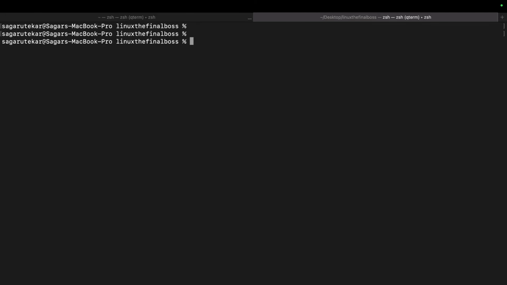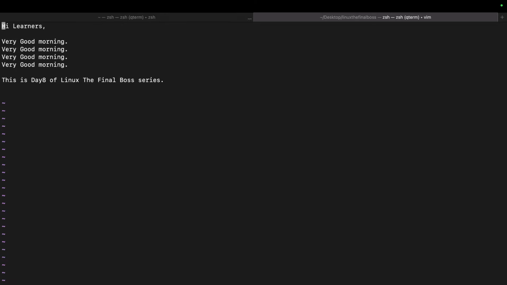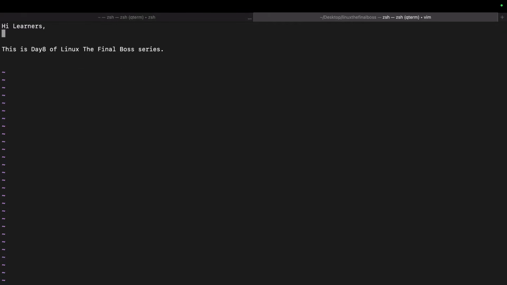To use the vi or vim editor, you can use the command vi or vim. vi is the basic mode and vim is the advanced mode. So open the file linuxc finalboss.txt. Now, if you start typing,